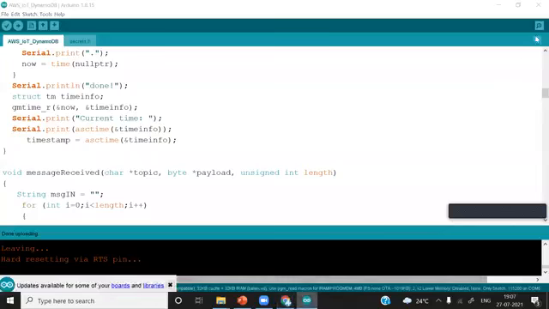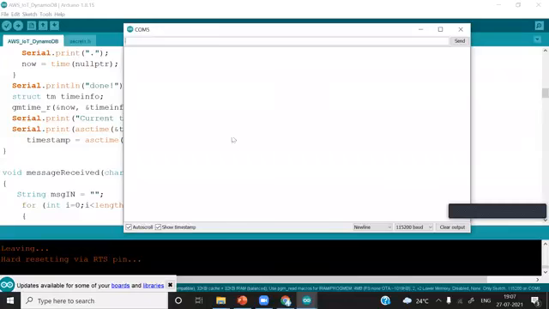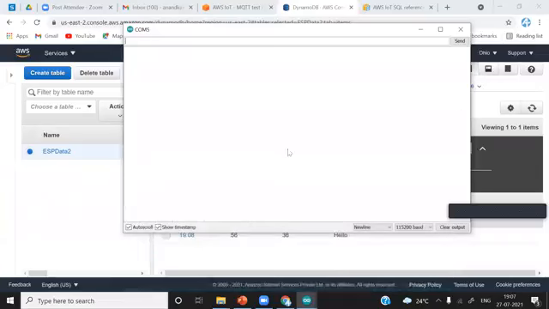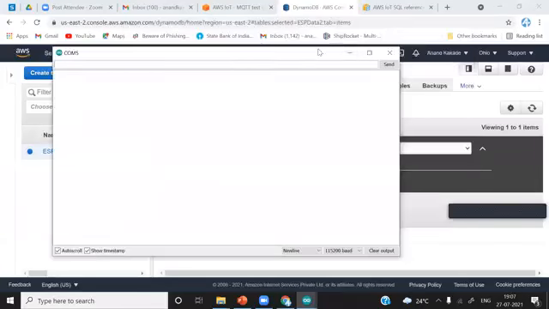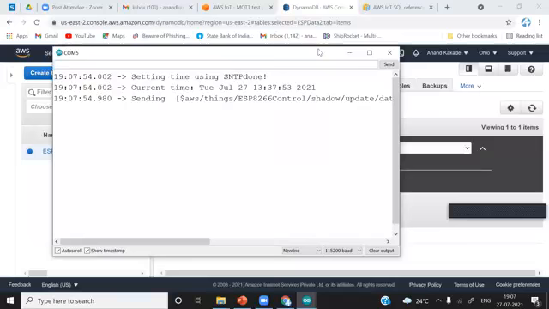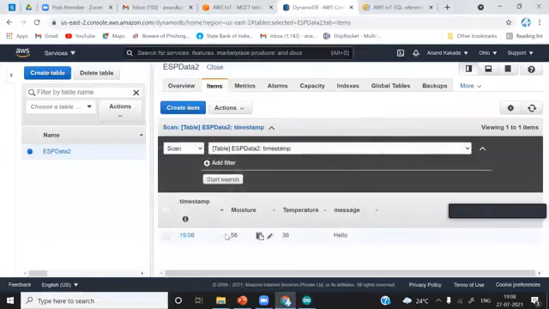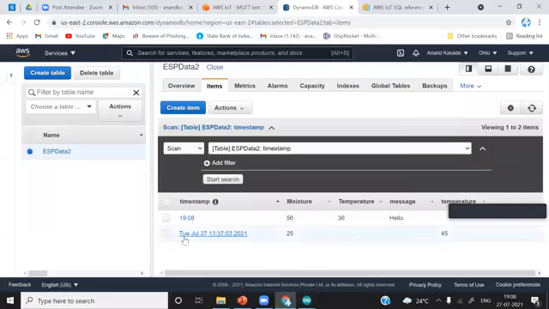Now we'll do it with ESP8266. We'll send some data, I will just type a random number, 545, and hit enter. It sent the data. Now to update the data here, you have to press refresh. You can see here we got the timestamp from ESP8266.